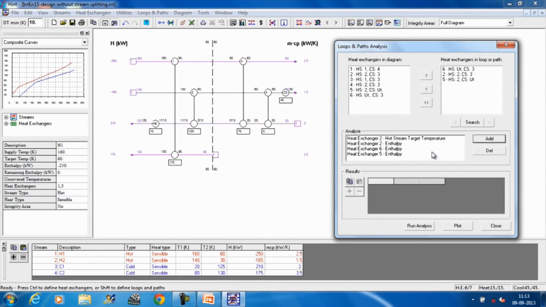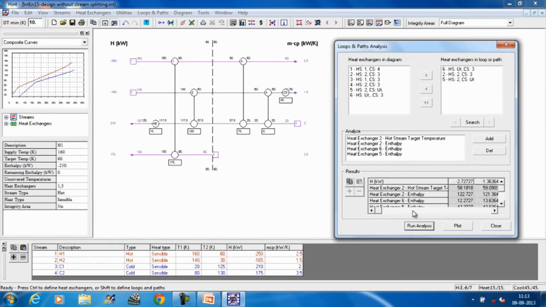Now, once I have selected my required parameters, to find out the amount of heat we should move from H6 via heat exchanger 2 to this cooler to maintain this delta T minimum, which is now being violated, the rest is to run this analysis. So, we have run this analysis. It says that